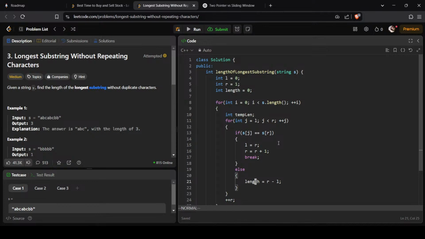Then we can say if template or, it seems a little dumb. I actually don't know what I'm doing now. If template is greater or is less than length,